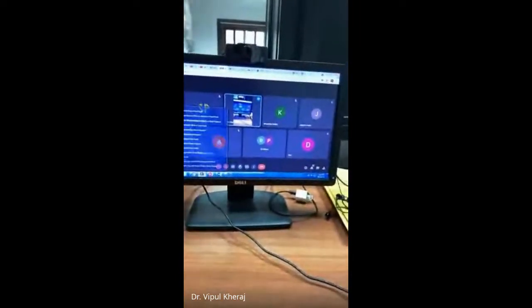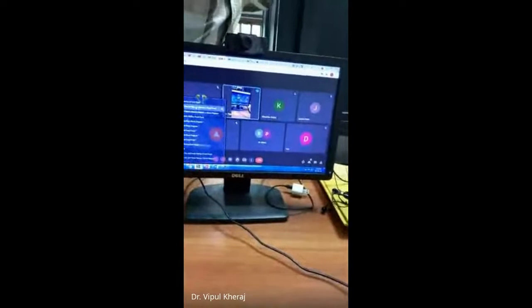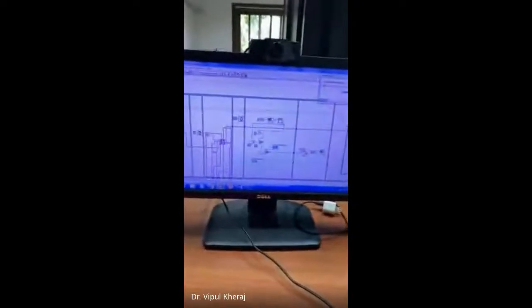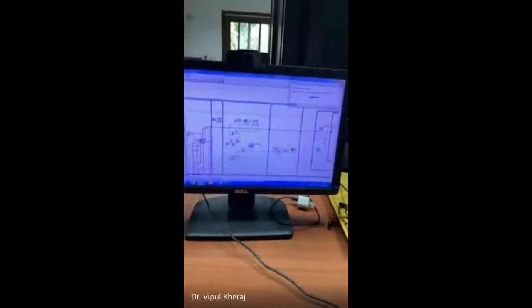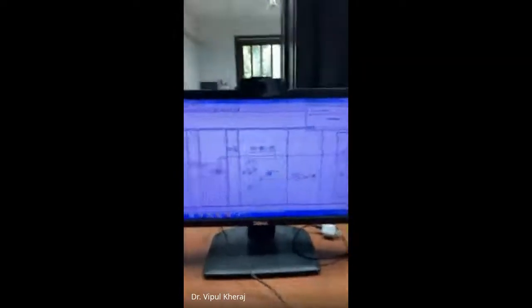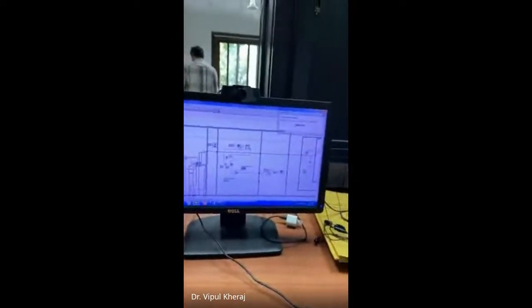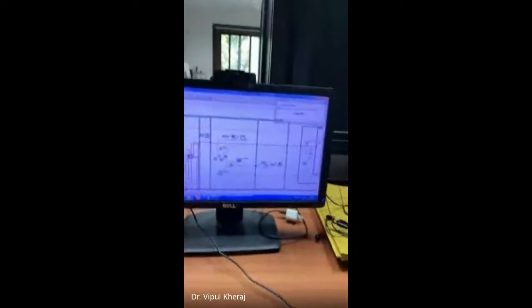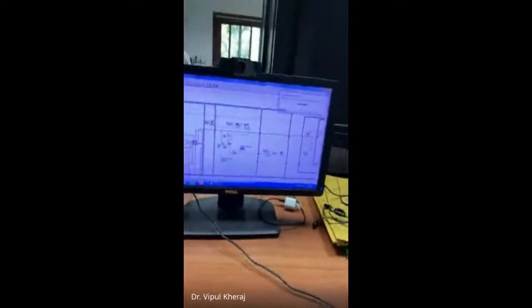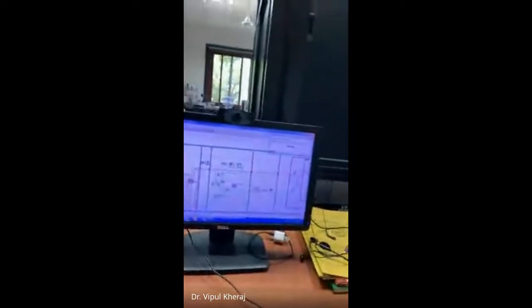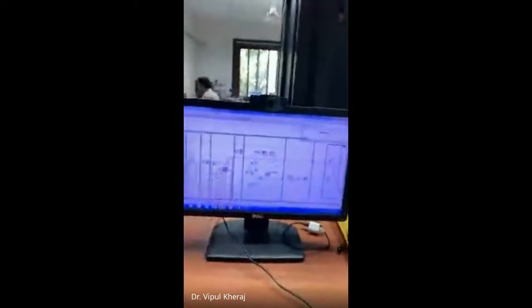So now if I open my program, any program, okay, let's just go to this. So both these devices are connected using an interface called GPIB. GPIB is a popular interface for connecting instruments to the computer, and there are standard sets of commands. This is a protocol for GPIB, which are universal commands. Every instrument which is GPIB enabled will have those commands available.